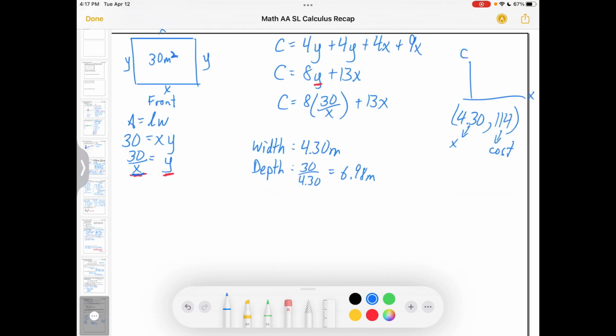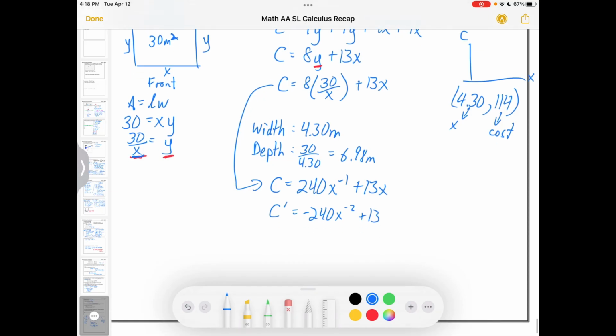Now, if this is paper 1, we're going to have to find that min value analytically. So I might rewrite this equation, the cost equation, like this: 240 x to the minus 1 plus 13x. Okay. And the reason I'm going to do that is because I'm going to differentiate. So this will become negative 240 x to the minus 2 plus 13. And I'm going to hunt